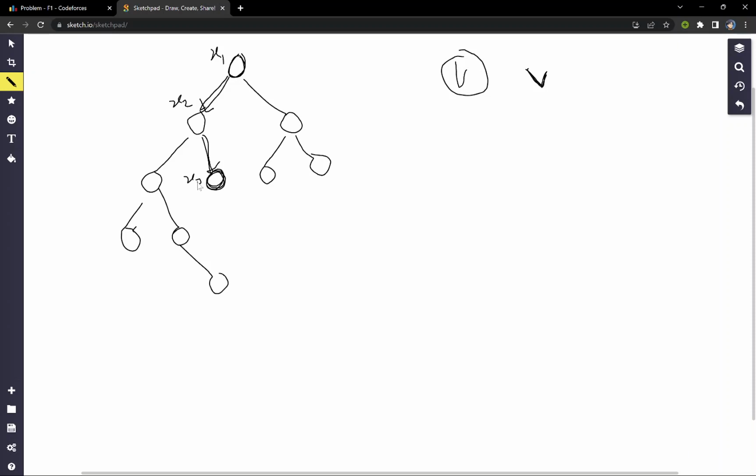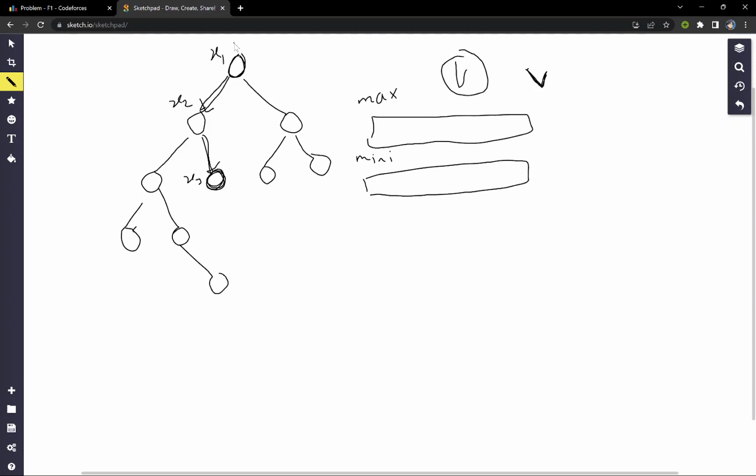So you can run a DFS and maintain two particular vectors. First one is the max vector and second one is the min vector. A pretty simple observation here is that if this particular subtree has a maximum value as max and minimum value as min, then any particular sum in between is always formed.